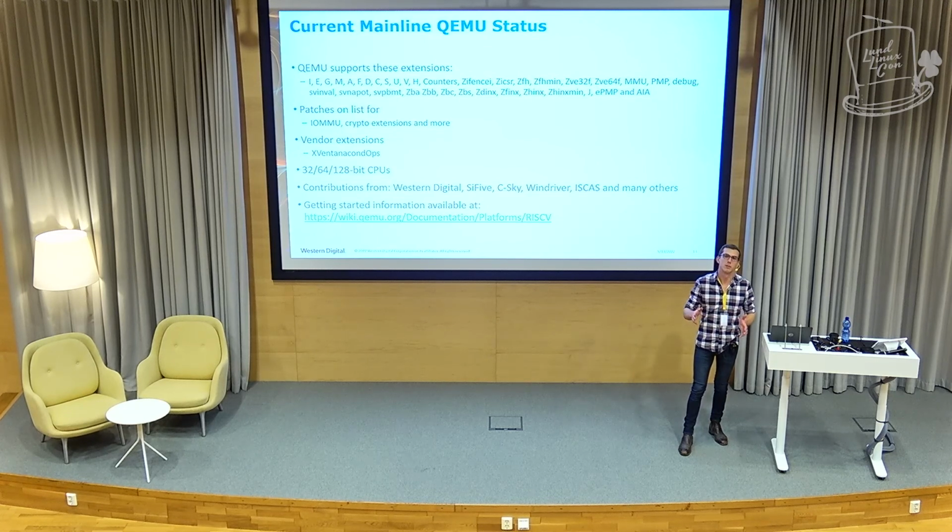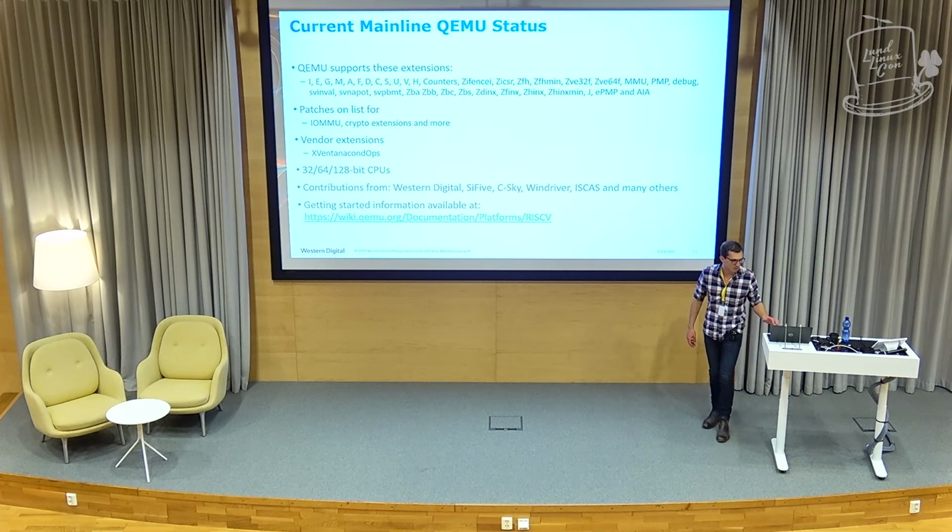RISC-V doesn't have an IOMMU. There's no spec out yet. Well, it's kind of out. It's in draft, but there's no published, fully announced spec. Yet we already have patches on list in QEMU, and we'll actually probably merge them before the spec comes out. So if you want to use RISC-V and you're waiting on that board, just use QEMU.